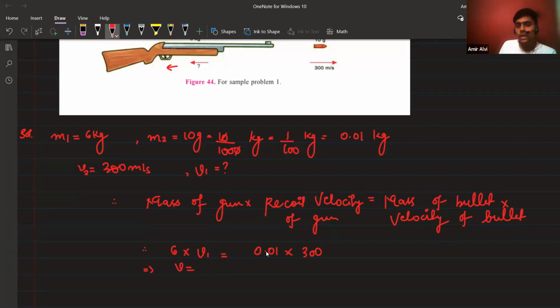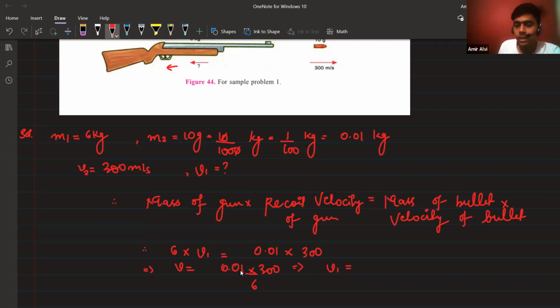So now two decimals are there. Yes or no, everybody? Yes, sir. So let me do one thing. 0.1 into 300 divided by 6 will be there. 6 was in multiplication, so it will go in the denominator. V1 is equal to